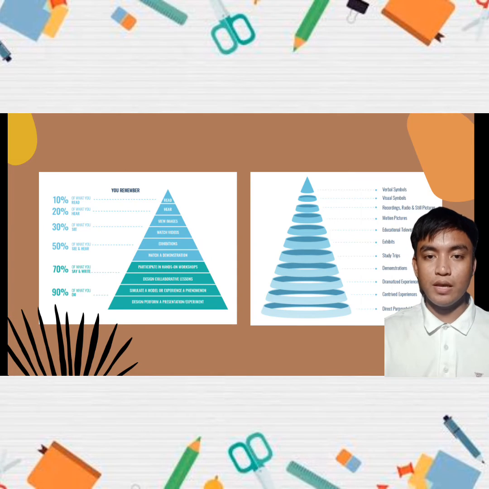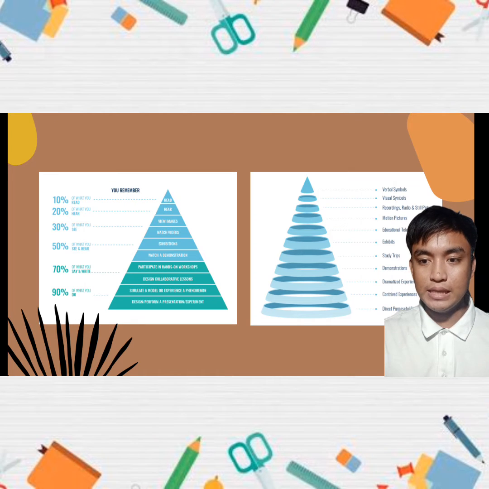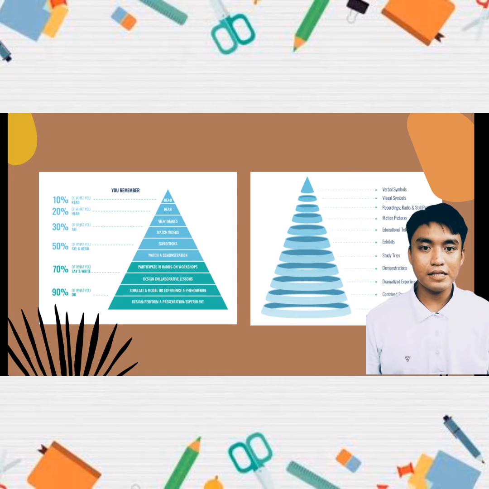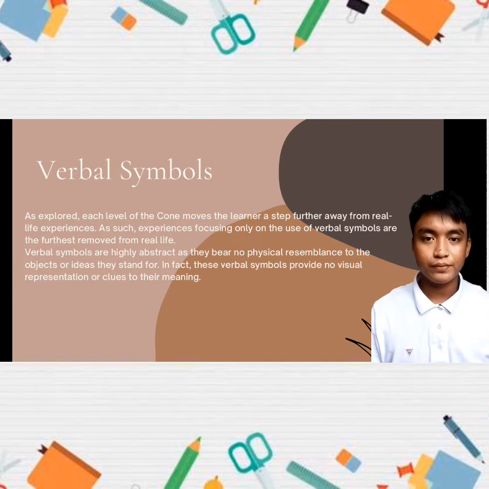As you have noticed, there are 11 levels in Dale's authentic cone of experience. The arrangement of the levels in the cone is not based on difficulty. Instead, it focuses on abstraction and the number of senses involved. Instructional designers can mix and interrelate these experiences to foster more meaningful learning. Okay, let us have a look at each level individually. As I have said, there are 11 levels of the cone of experience. Let's begin at the peak of the cone.